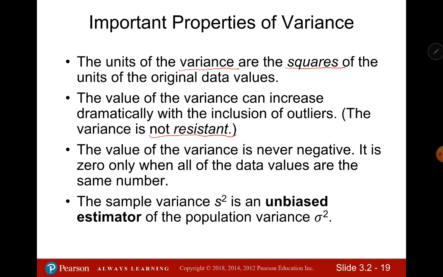Let's check. Of course, variance is the square of standard deviation. A squared number is never negative, but it also can be zero. If standard deviation is zero, then variance is zero too, which means all the data values are just the same. No variation, right? But compared to S, compared to standard deviation,